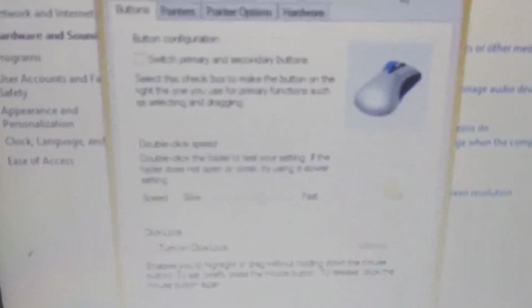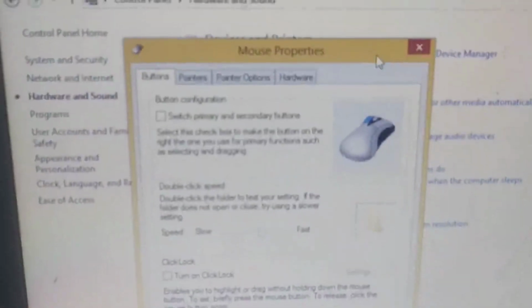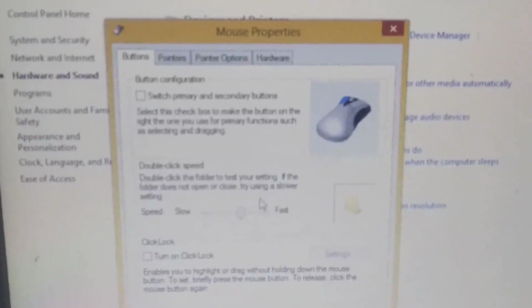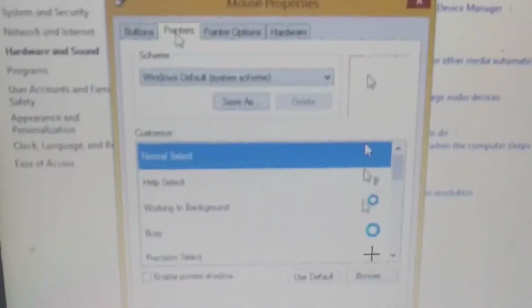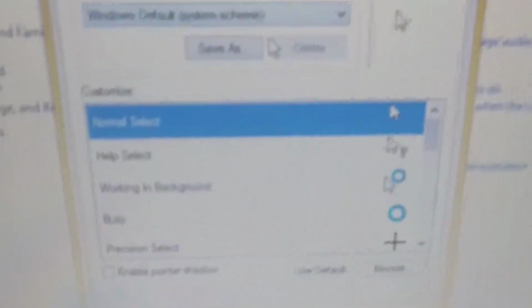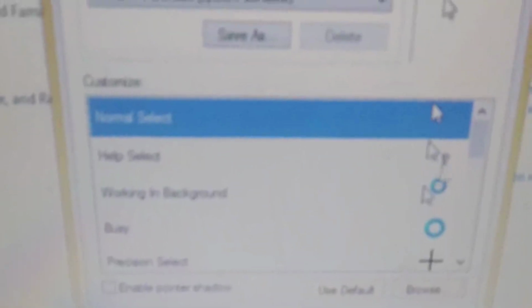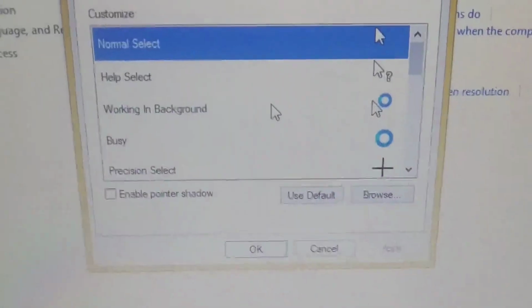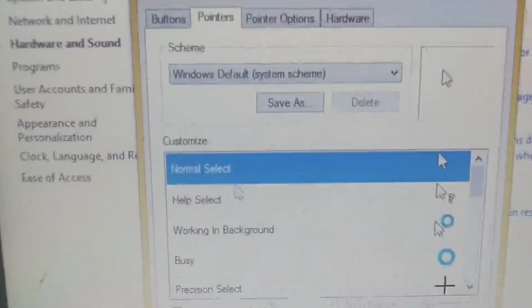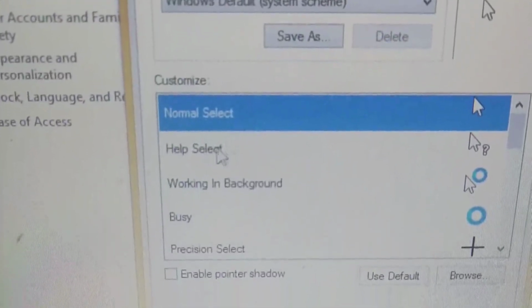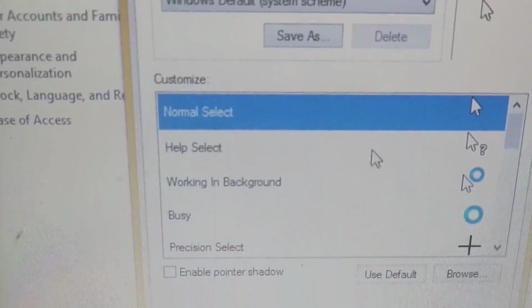First of all, what will we change? We will go to Pointers. Now you see there is the normal selector, then the help selector, working in background, busy, and precision selector.